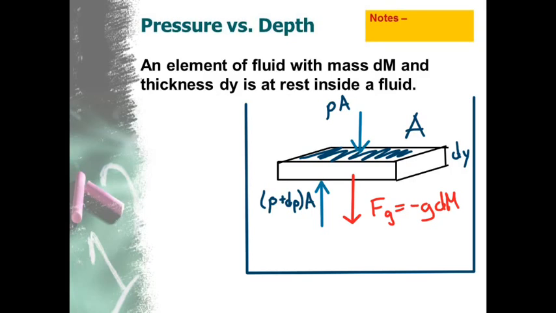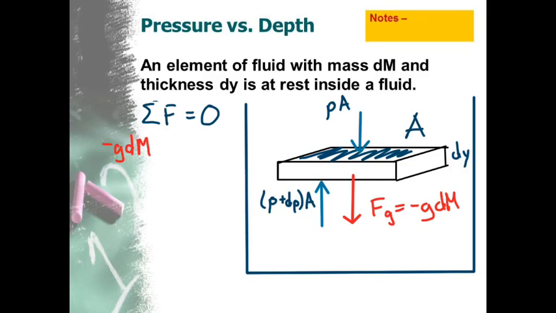So if I were to write out F net and set that equal to 0 because we are in equilibrium, or actually the way I put it in last unit, let's be consistent, the sum of the forces equals 0. So let's do it that way. Sum of the forces equals 0. So I have, first of all, negative g times dm. And then the difference in pressure,